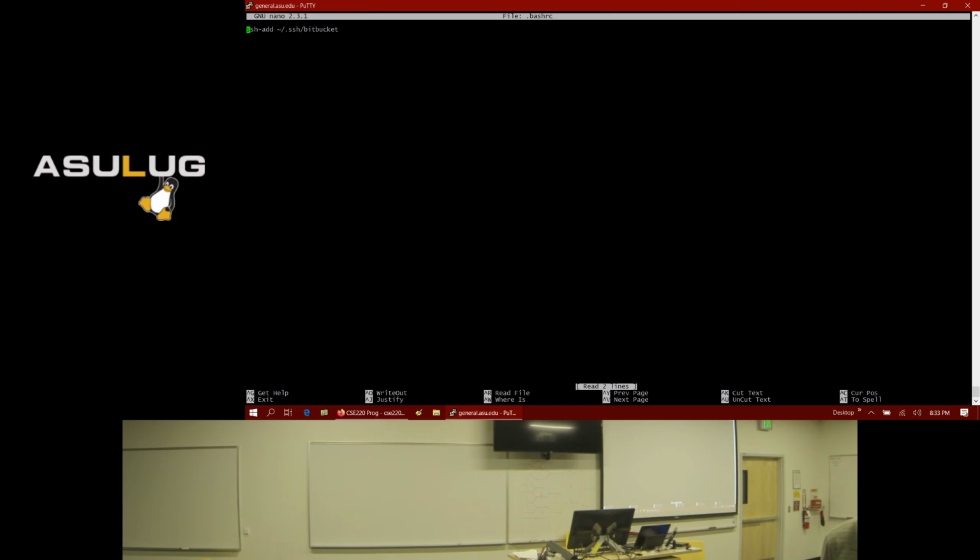Now go to your home directory and do an ls -a there, and you should see .bashrc. And if you cat .bashrc, is there anything in that file? There you go. So you can edit this file. You can add anything you want to it. What happens is when you log in, the commands in this file will be executed.